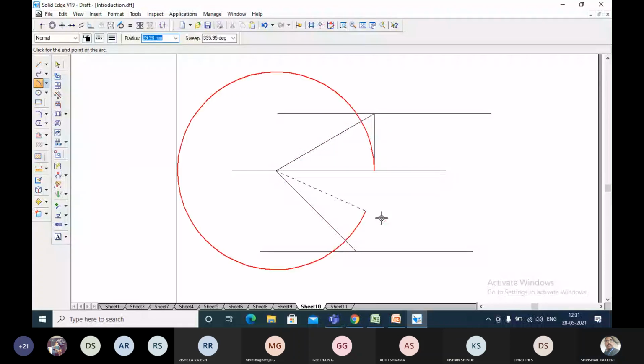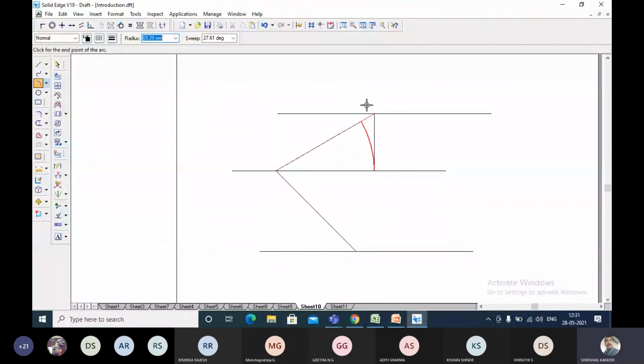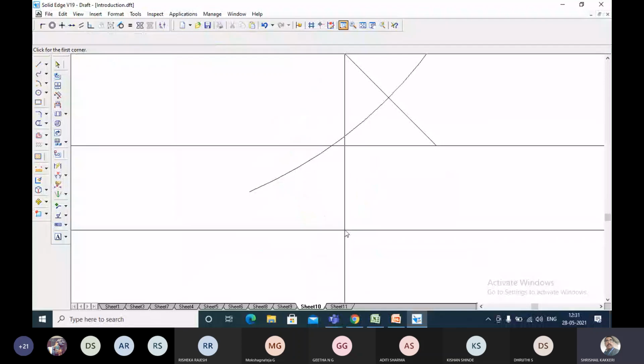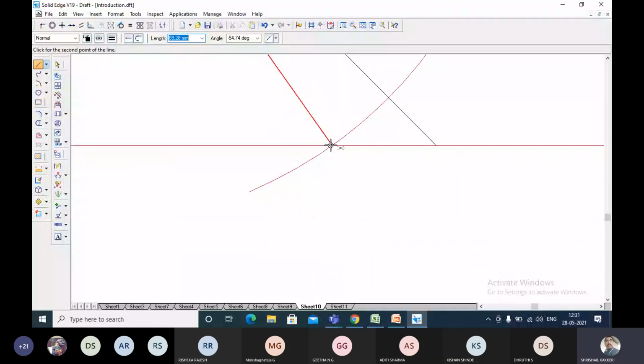Now, a line from the end of this one to the intersection of this. This line will be the top view of the line. It should be shown by a visible line.